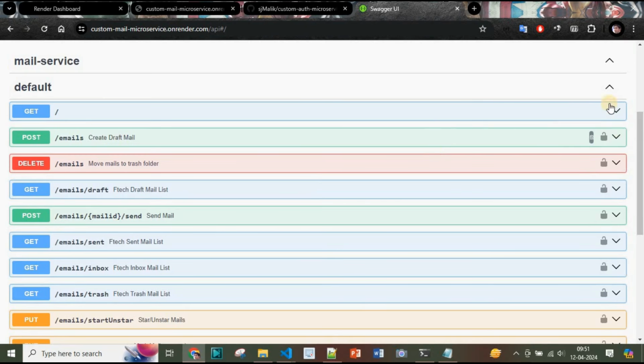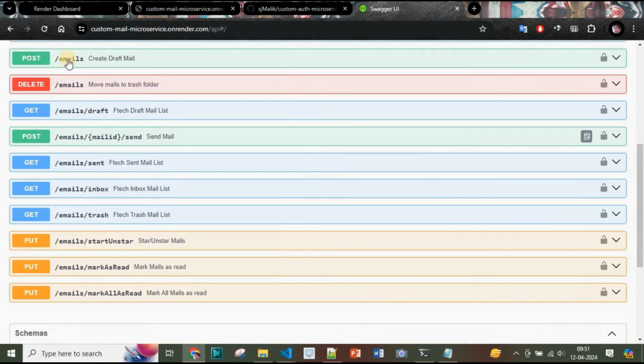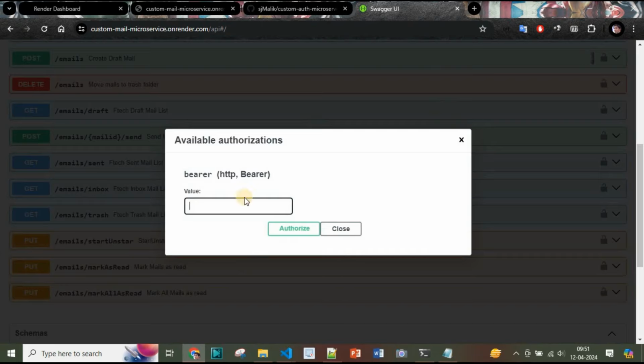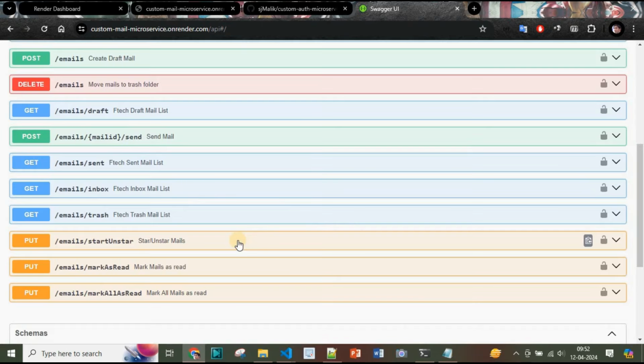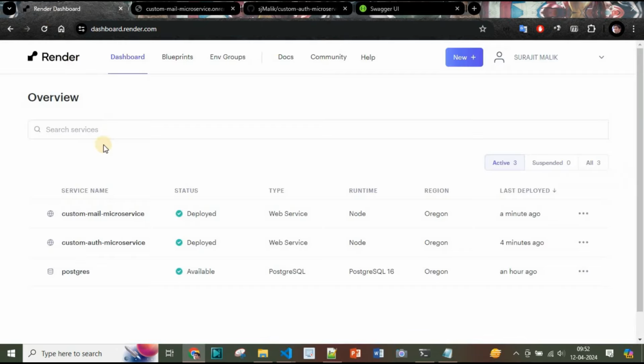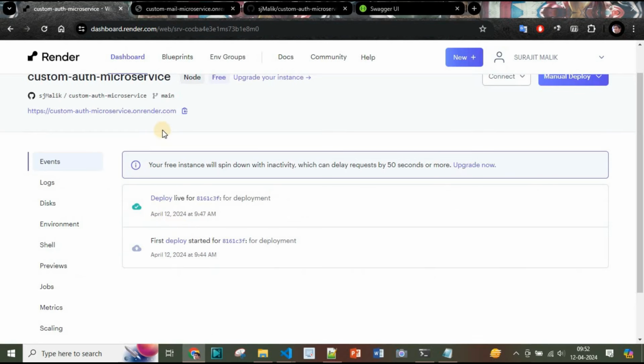We don't need any token to call this, but the rest of the routes, like this post email, we have protected. We have to provide the bearer token here, and we'll get this bearer token from another microservice, the auth microservice. And if I go here to the auth microservice, you can see hello world from the auth microservice, and it also has the Swagger. And if I go to the Swagger UI,